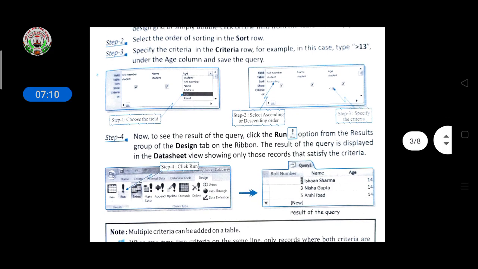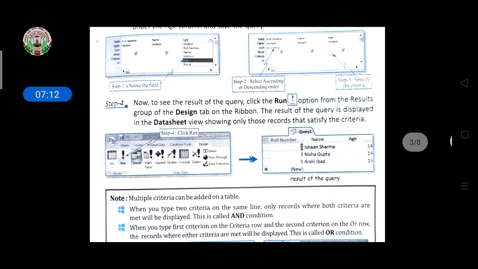Then the fourth step: now to see the result of the query, click the run option from the result group of the design tab on the ribbon. The result of the query is displayed in the datasheet view, showing only those records satisfying the criteria.